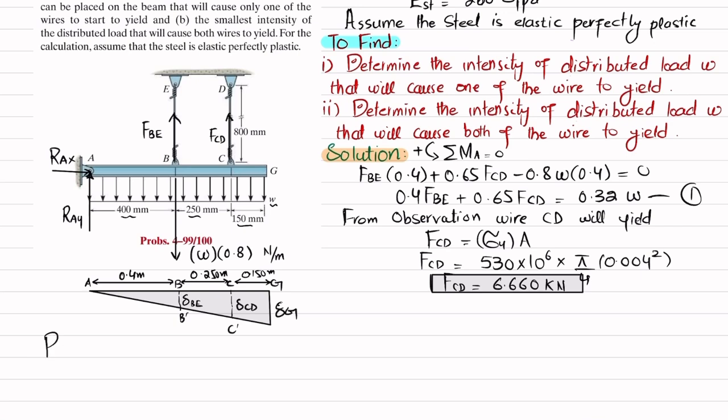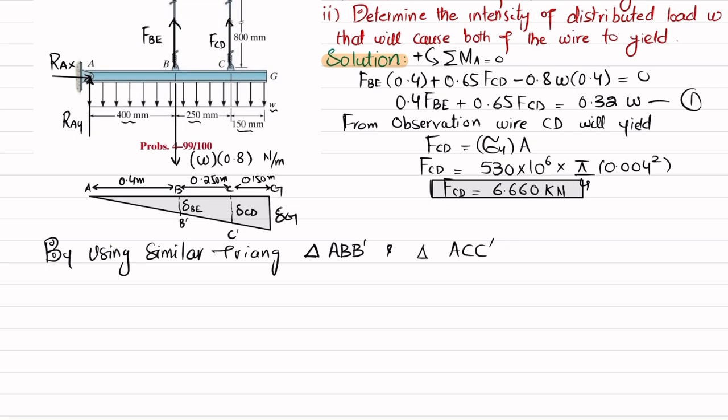So by using similar triangles, this is the triangle ABB' and triangle ACC'. So the ratio of their sides will remain the same. So if we take delta BE divided by 0.4, what I'm going to do is take this side and divide by this. The ratio of these two sides will give you delta BE divided by 0.4, and it will be equal to,